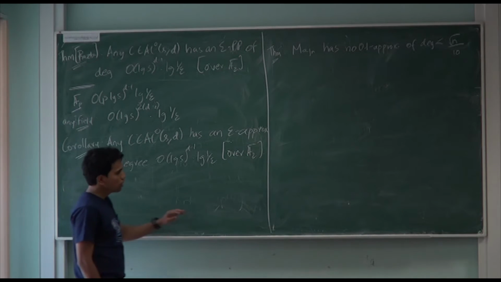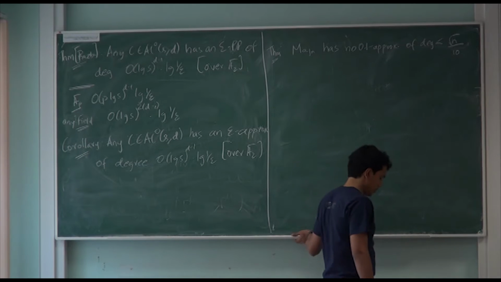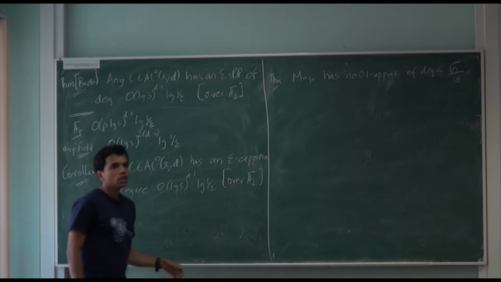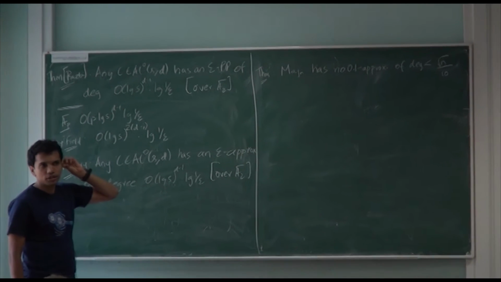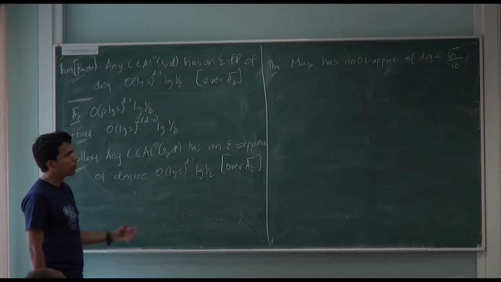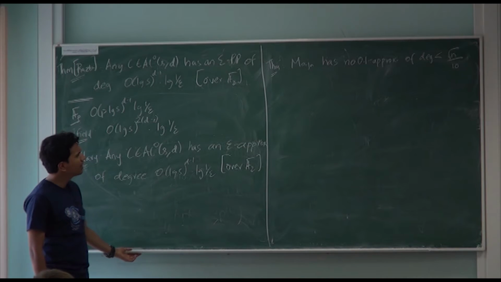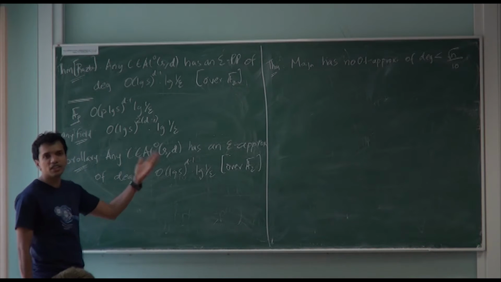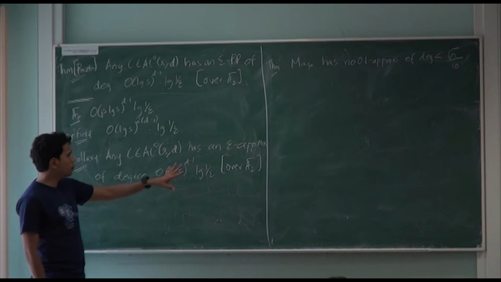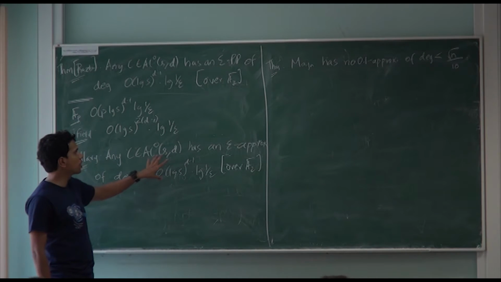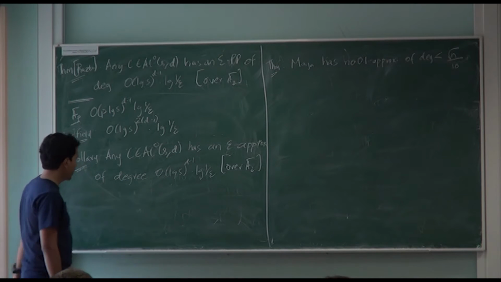Okay, so let me give you the first and classical application of this theorem in circuit complexity to prove a lower bound. What we are going to show now is that the majority function does not have a 0.1 error approximation of degree less than square root n. What does that mean? Any polynomial that agrees with the majority function on at least 90% of its inputs has to have degree at least roughly square root n. If you plug the parameters in and work out the lower bound, what you will see is that this implies that any AC0 circuit of size s and depth d for majority,